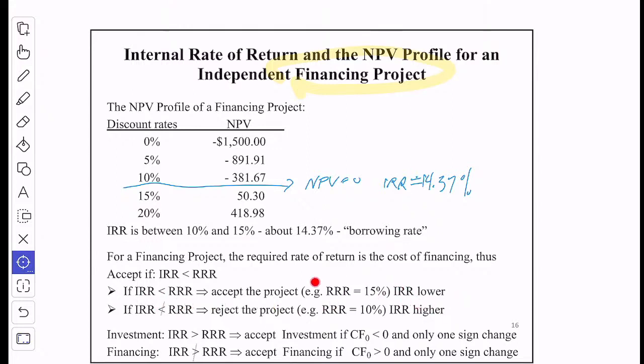Our required rate of return, for instance, if it was 15%, then we should accept this because the borrowing rate is lower. However, if it's not lower, we would reject the project. For instance, if the required rate was 10%, our borrowing rate is too high, we should not pursue the project. So in conclusion,